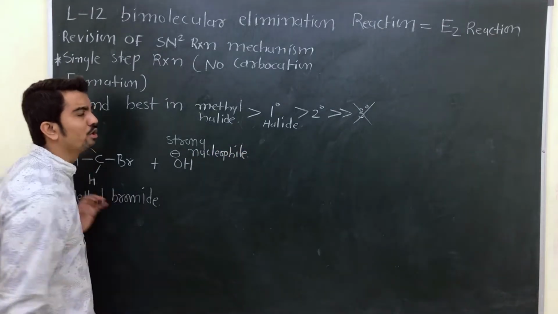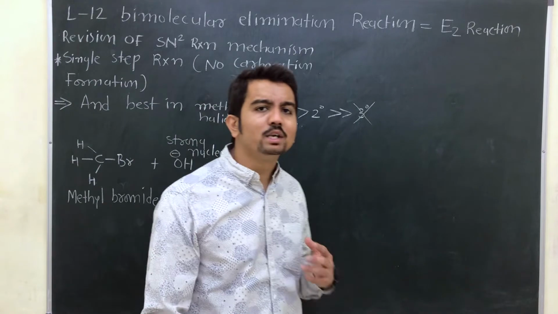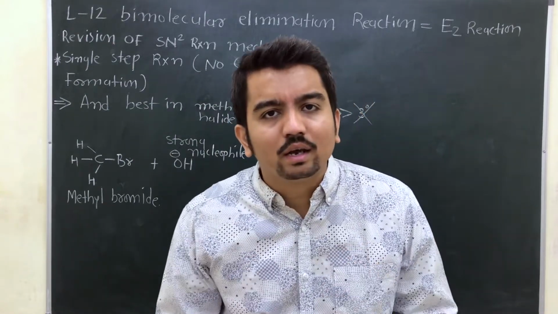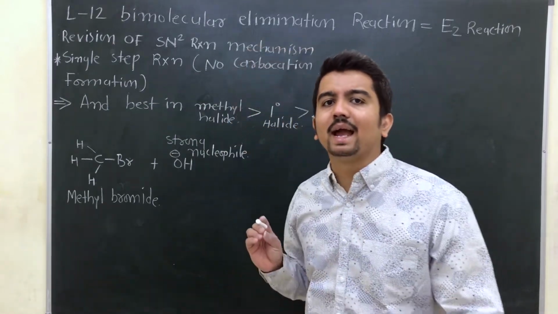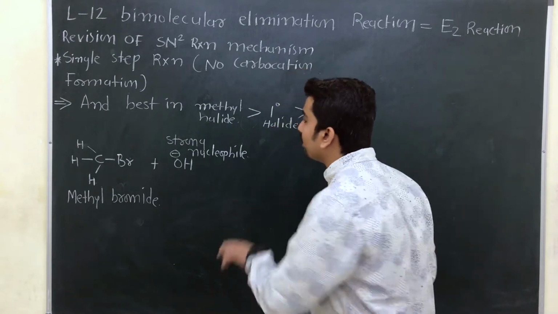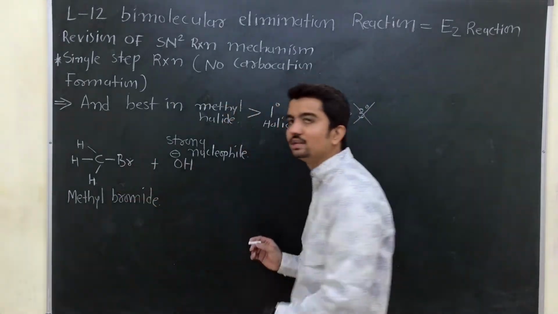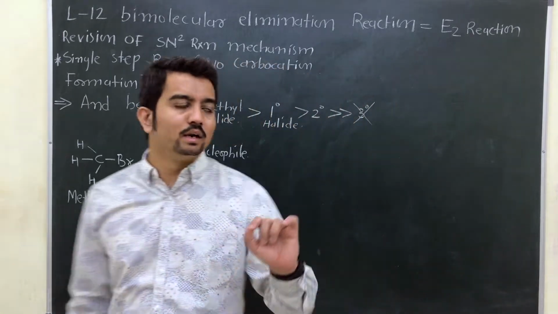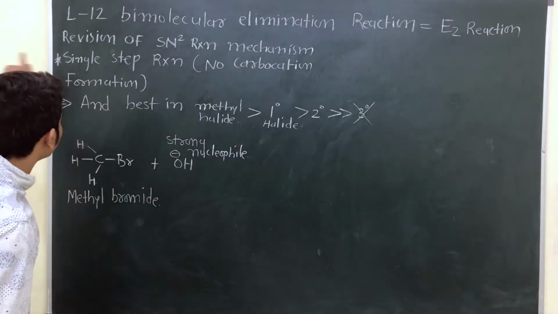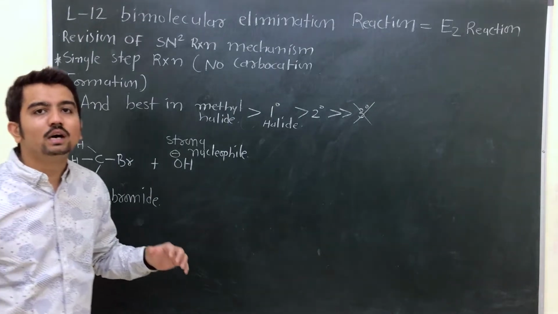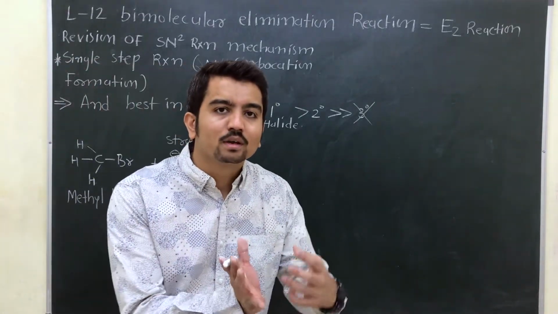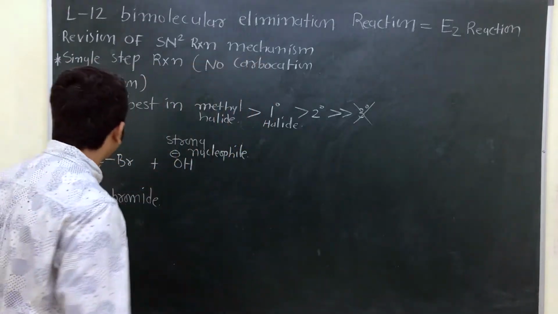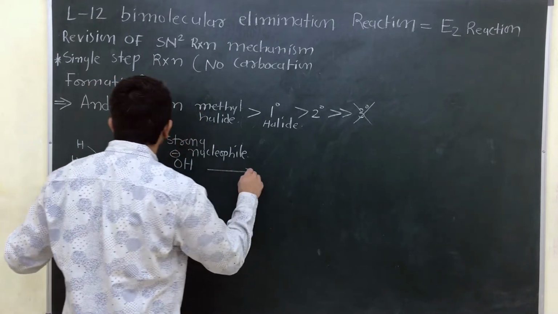As you already know, a strong nucleophile is not going to wait for the formation of carbocation. It will directly attack, not from the front, because from the front it will face nucleophilic repulsion. So it will attack from the backward side, and there is a Walden inversion. The compound is inverted, and there is a formation of something like this.